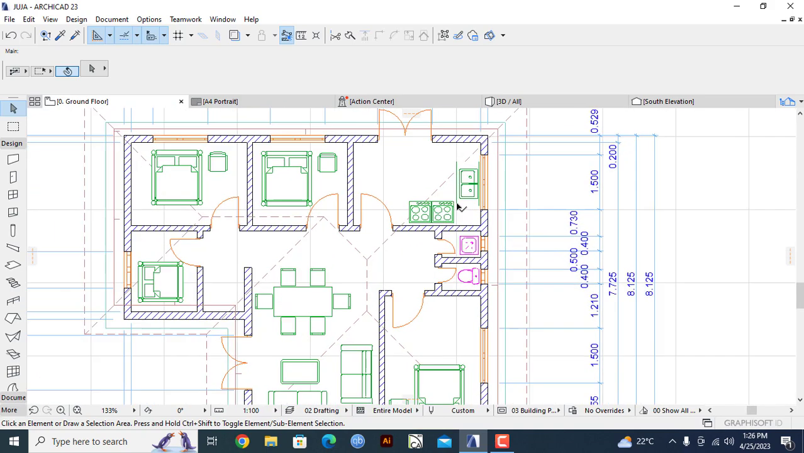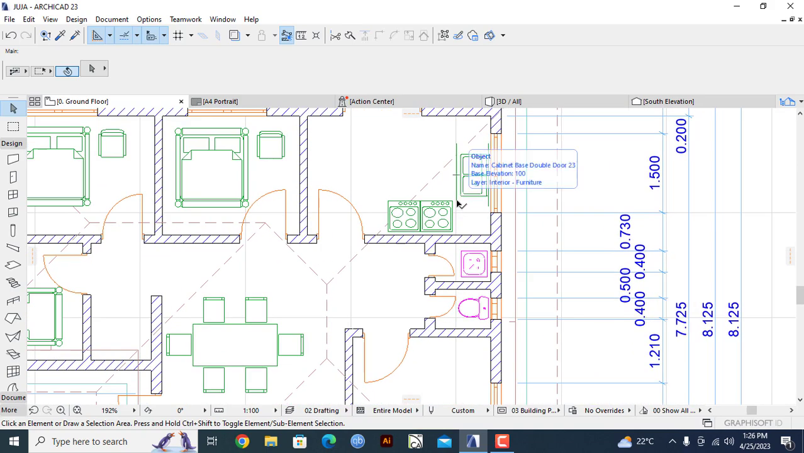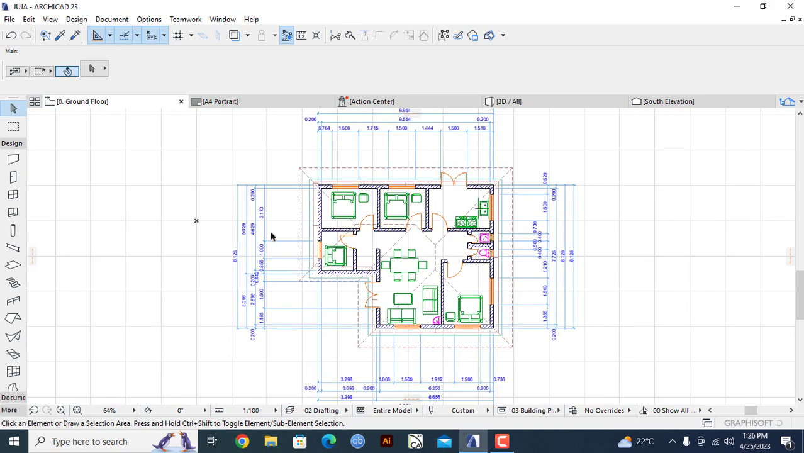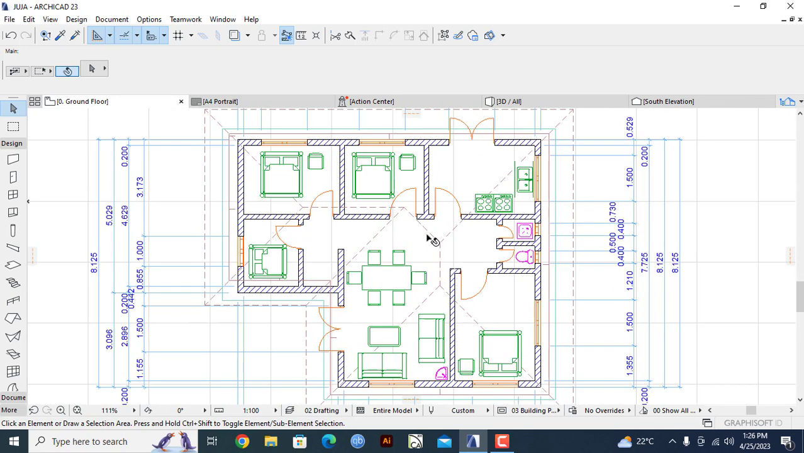So with that, we come to realize that we are able to change and ideally customize all the wall selection tools that we are able to work with at a particular time. So we have come to the end of this